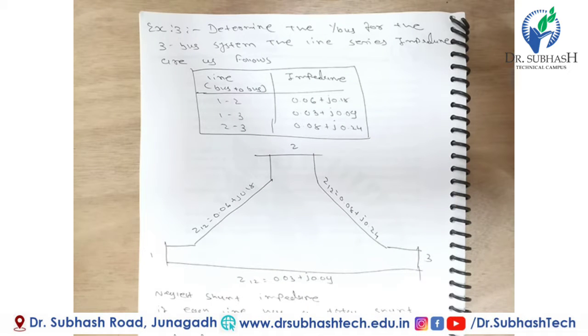Today we discuss the example of an interconnected power system. Here we discuss the example of power system matrices. In a previous video lecture, we discussed some examples related to interconnected systems. And now in this video, we discuss the example related to the Y-bus matrix. Now we start the example.